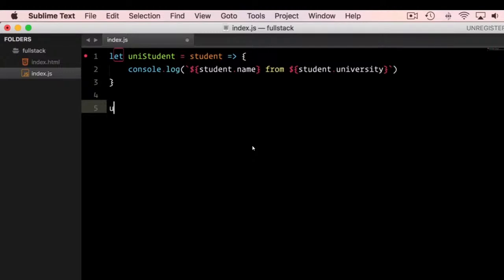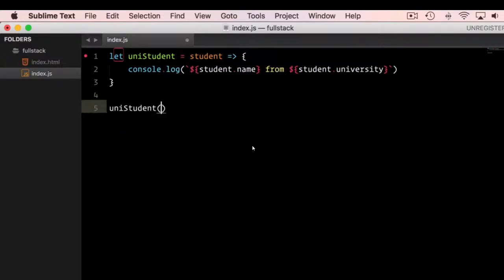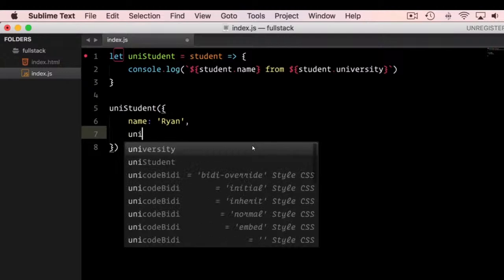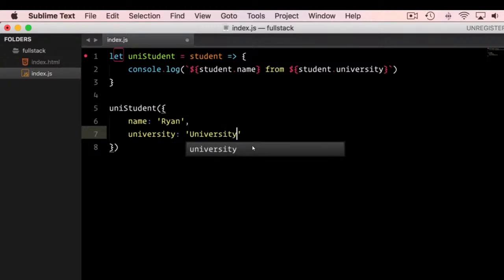Okay, so let's use this uni student, this function, it will take the argument student object, right? So this object will have name property with the value of the student name and university property with the value of, let's say,